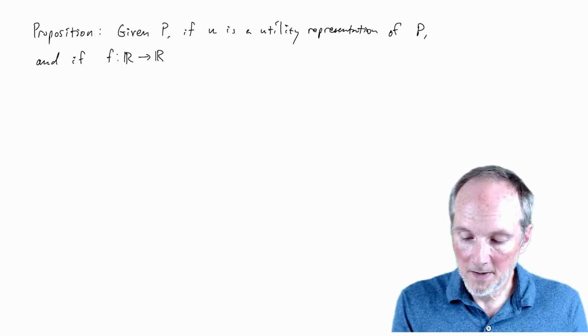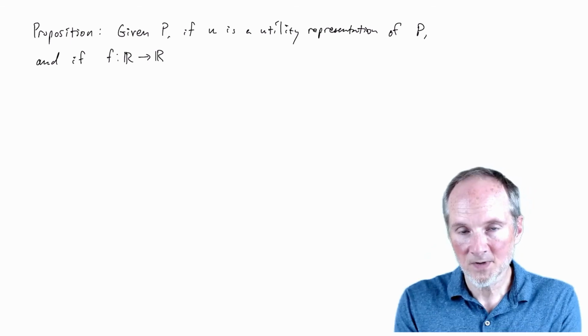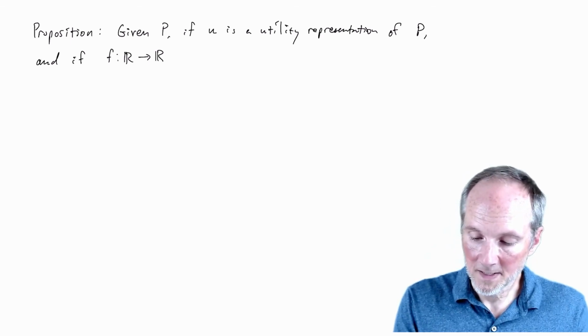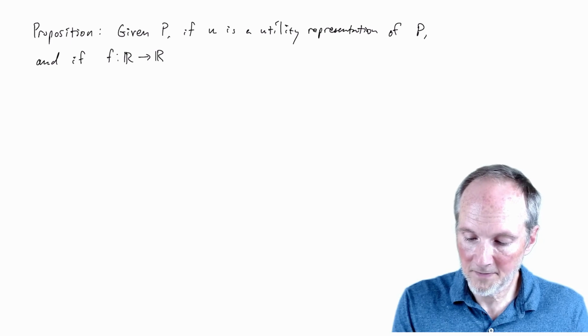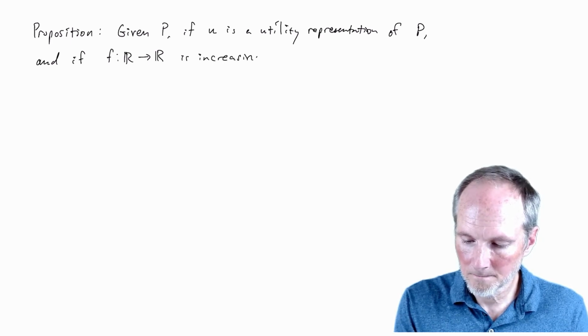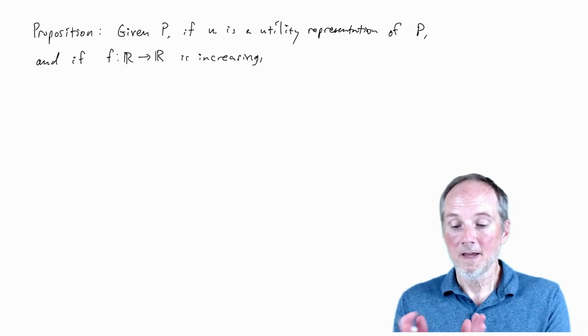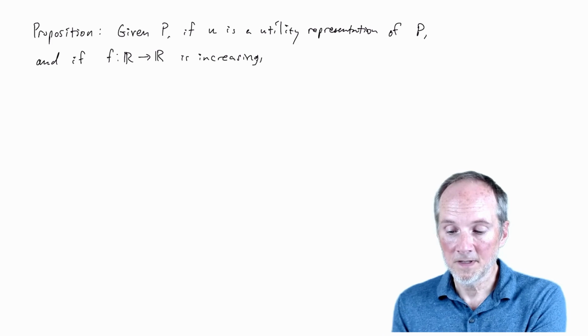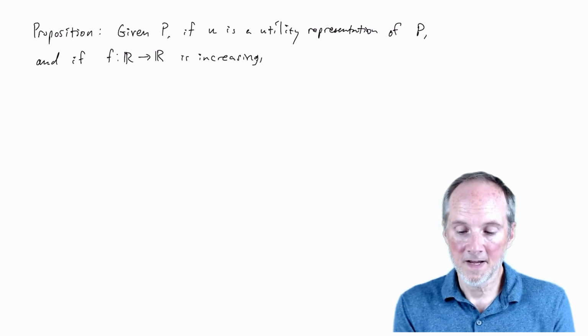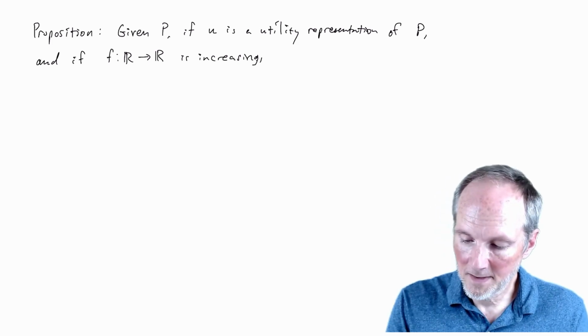Right, so f is a function that you plug in numbers and it gives you back a number. And let's suppose that f is increasing. Right, that's a long statement. If U is a utility representation of P, and if f is an increasing function, then